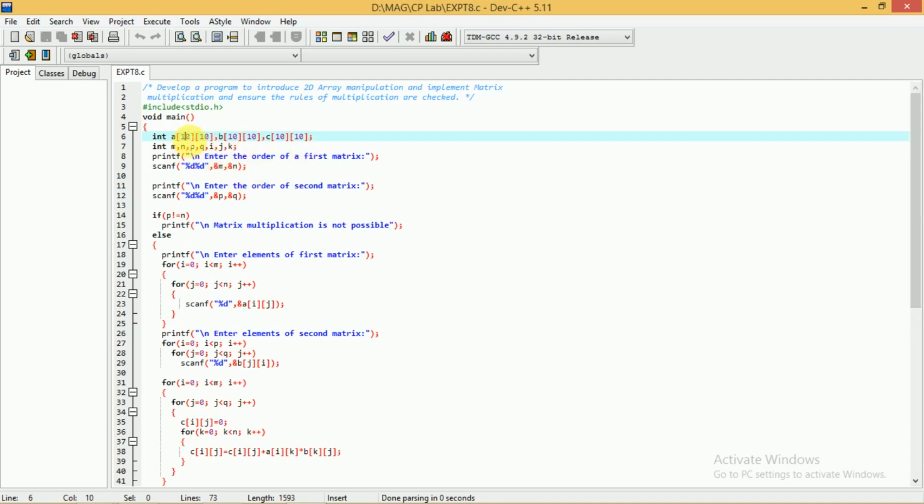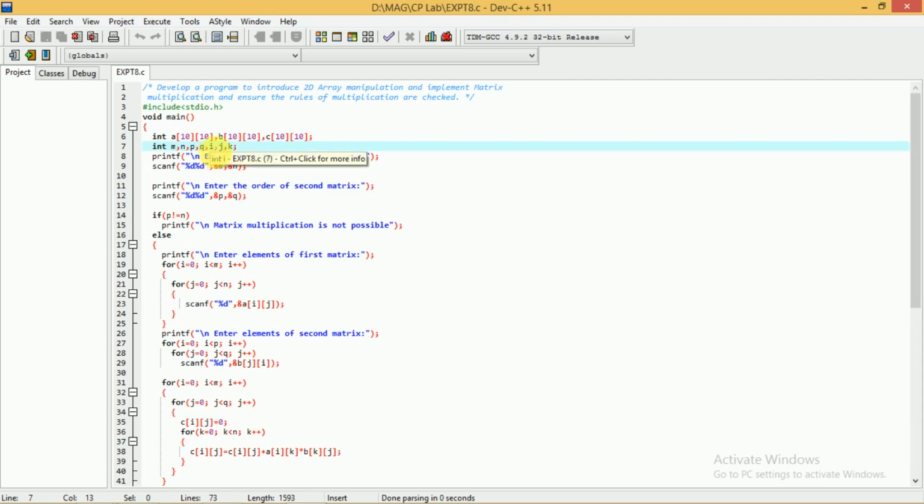Because we have to multiply the two. So the matrices to be multiplied are read in matrix A and matrix B, that is array A and array B. Whatever the resultant matrix we get will be stored in C. After this we need the variables int m, n, because we have to read the order of matrices. To read the order of the first matrix we have the two variables m and n. To read the second matrix order we have p and q, and for loop iterations we need to use i, j and k.